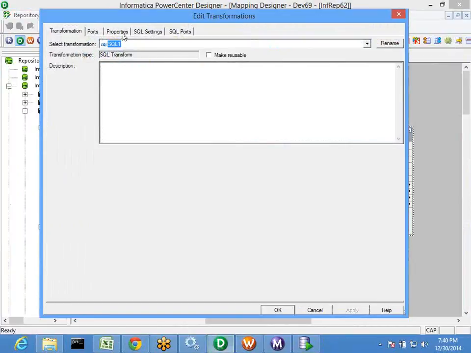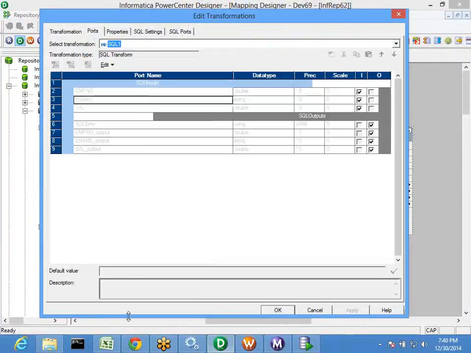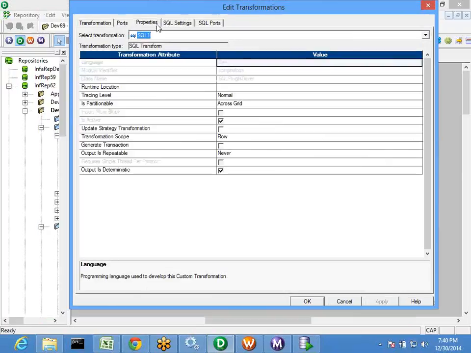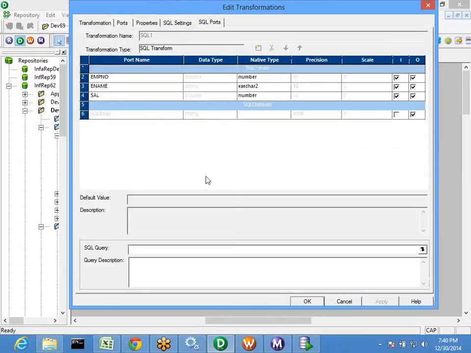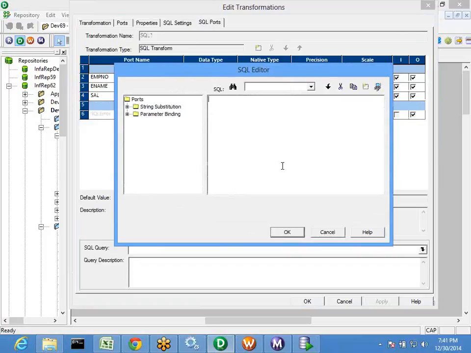So double click, and when you go to ports, these are the common things there: Properties, SQL settings, and SQL ports. In the SQL ports, you will have a section called SQL query. This is the place where you can write your commands. Say what I want to do: insert into